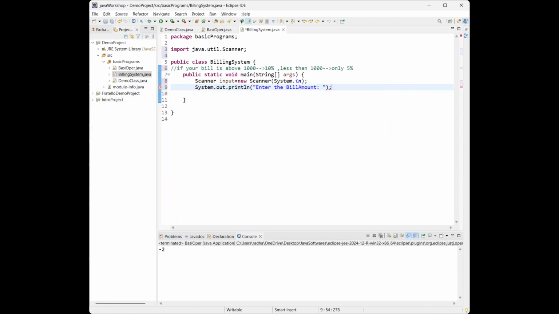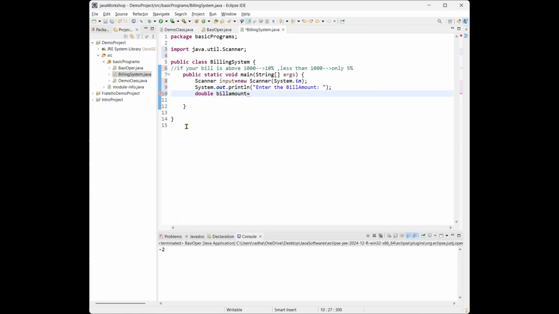Now he will enter the bill amount, in decimals or any integer value. If you want to take the input in decimals, you need to take a double. Double billAmount equals to,